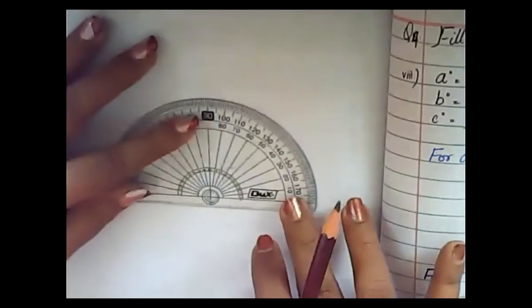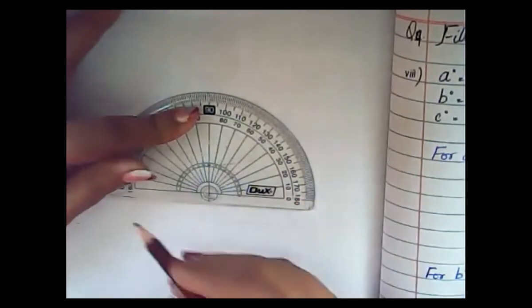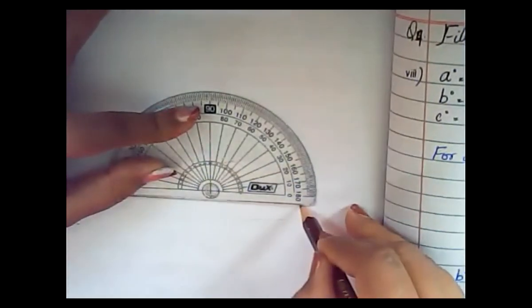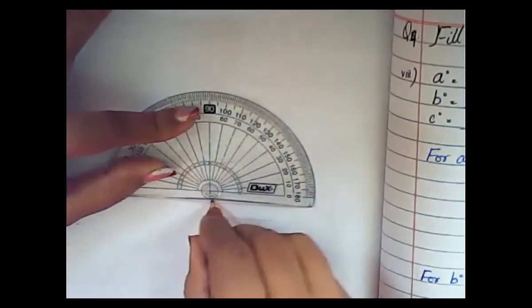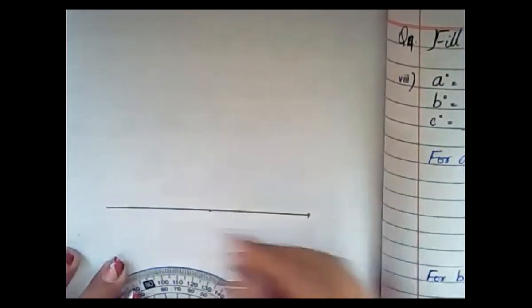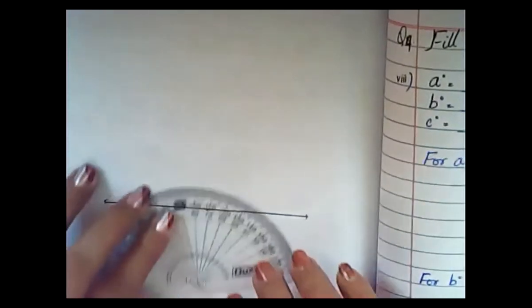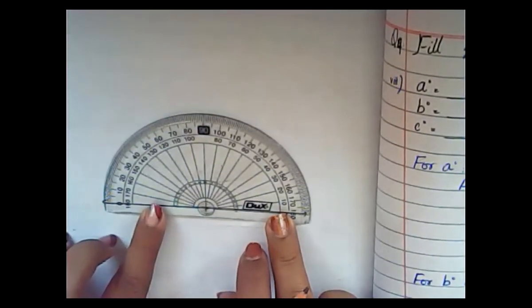Okay. Now I'm going to draw the figure. I hope you have the book in front of you. For this, you will make a straight line. Then make a point here, and place the arrowheads over here. Now this one, place it over here on this point.